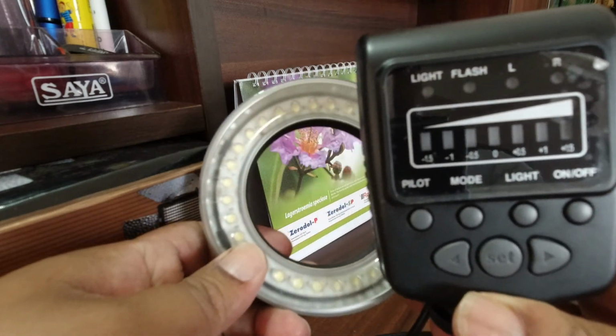This is the, you can see, LED macro ring flash, that is company name is Meike, MEIKE. I think this is Chinese brand, and yes, this is made in China, and this is very good flash. Actually, you can use for video shooting also, and also for macro shooting. And there are different adapters for attaching in front of the lens, but for this EOS M50 it is not very useful. I attach this component in the horseshoe mount,